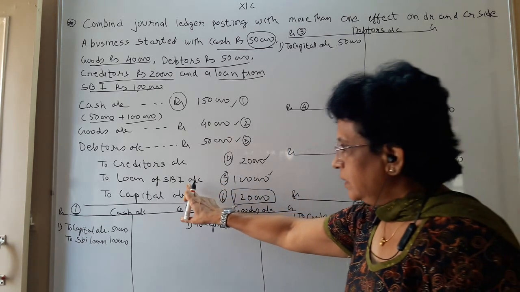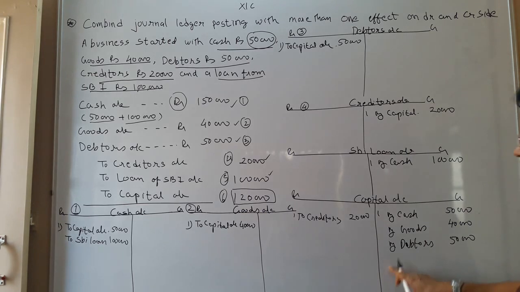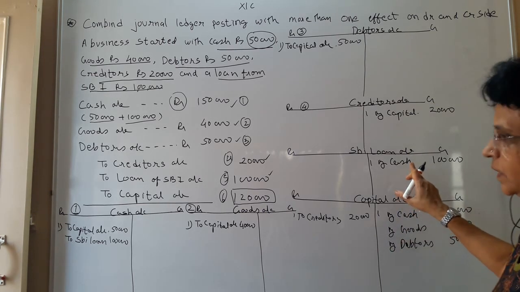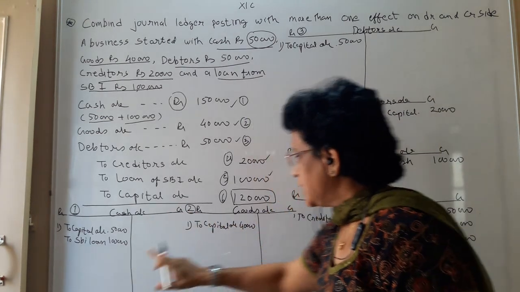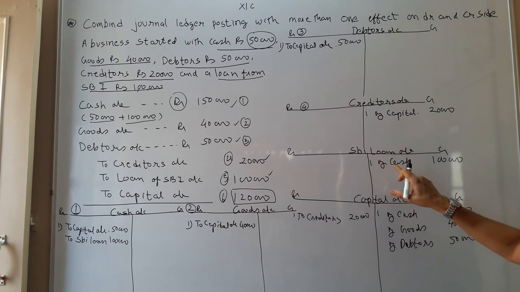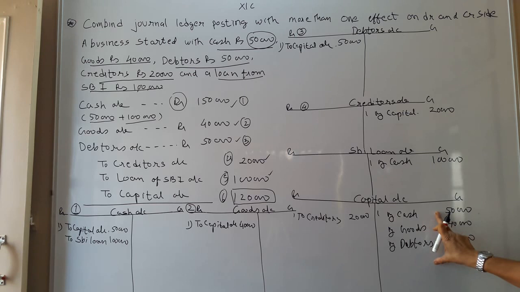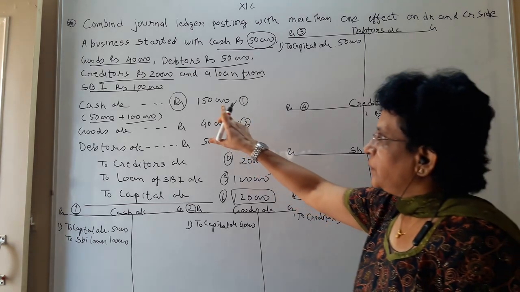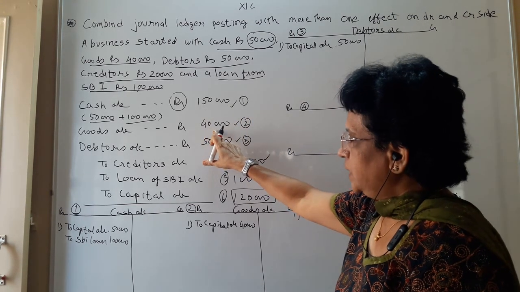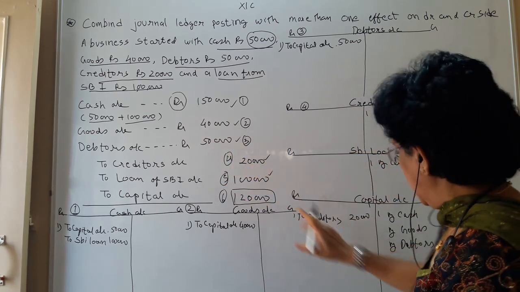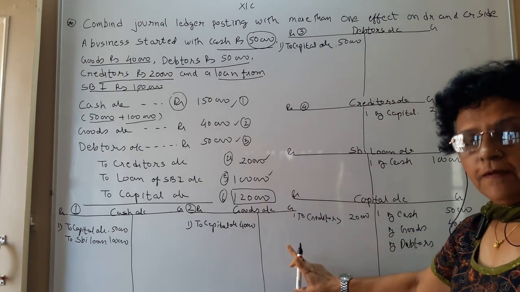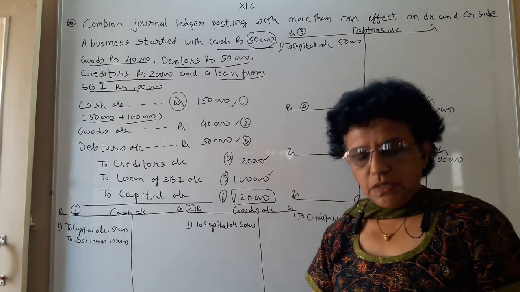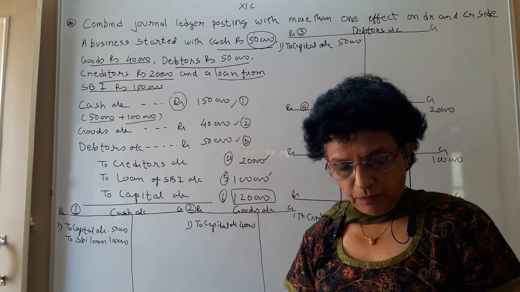Don't include the loan in the capital. The reason is the loan account is a separate account, and in the loan account we have received cash, so it is added to the cash and the loan is the liability. How have you generated the liability? By cash. So the loan won't come in the capital. In capital, your cash portion will come, goods will come, debtors will come, creditors will come, and the rest balance you will get is 1,20,000. In this manner, the opening journal entry ledger posting is to be done.